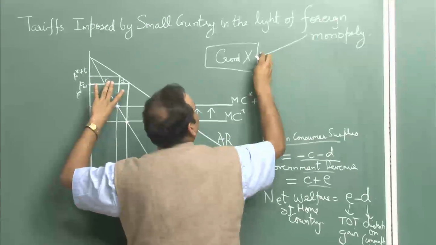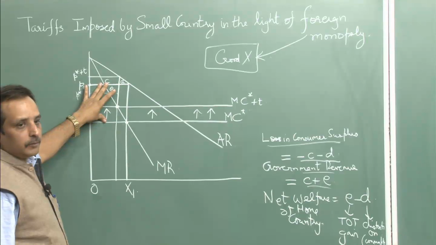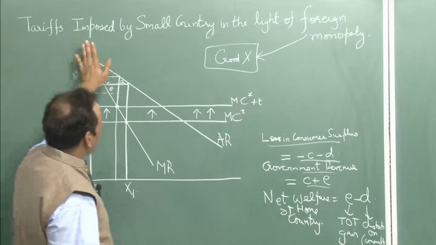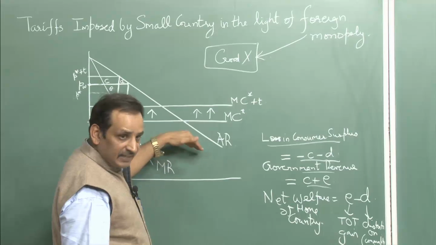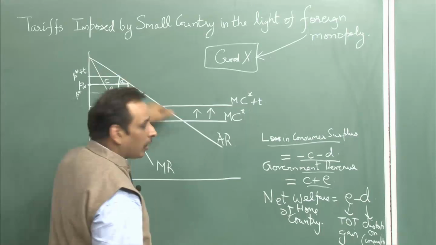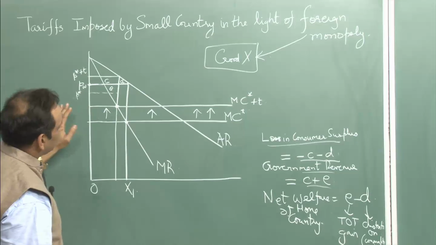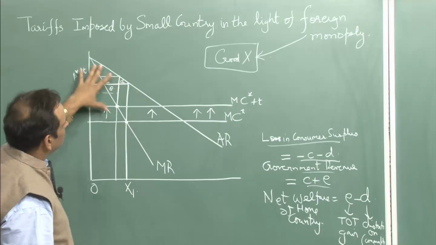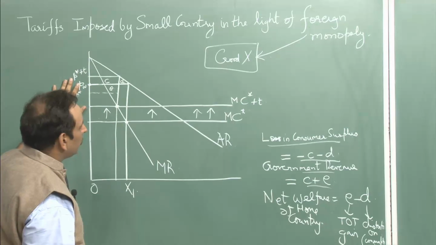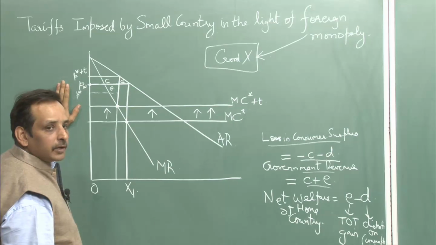This is being provided by the foreign monopolist. So what will be the demand curve that he will face in this country? In this country, it will be a downward sloping demand curve, because only by reducing prices can he increase the demand for that. So given this, you have a scenario which is similar to the case when the tariffs were imposed